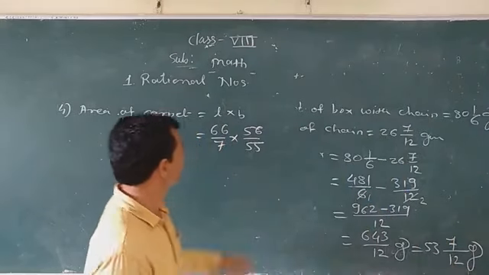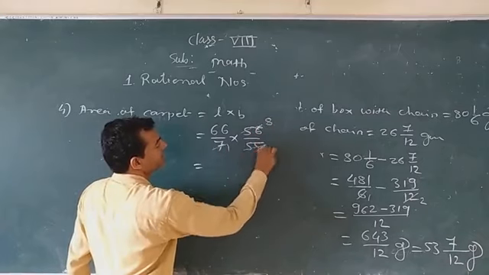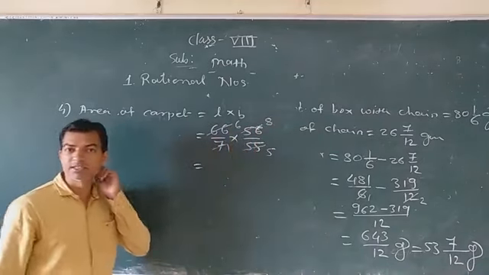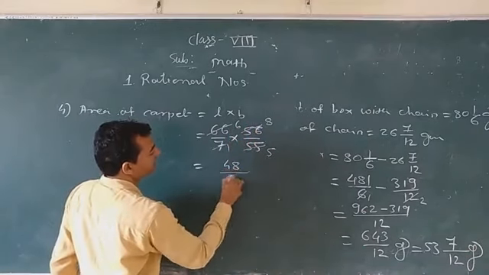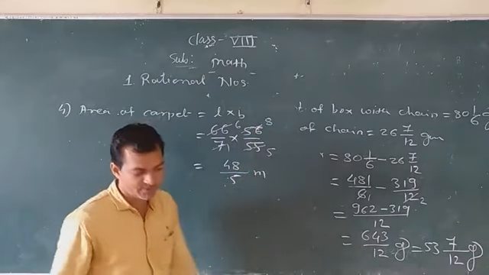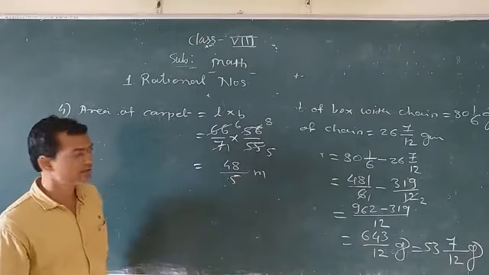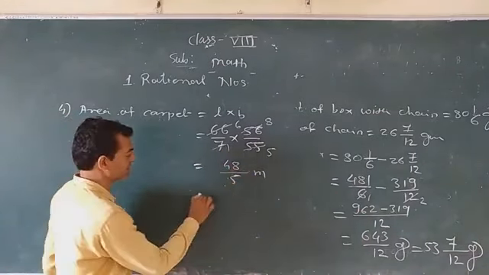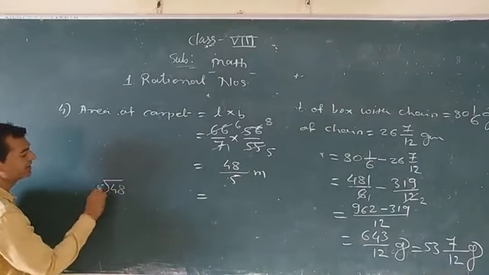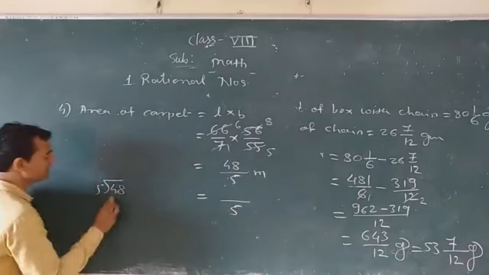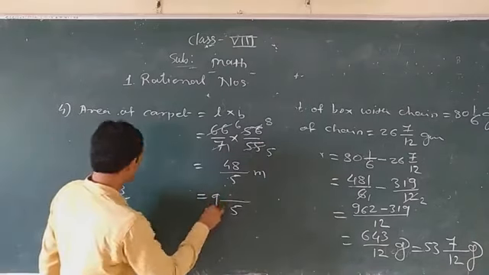Okay. See here. Can you solve this one now? 7 1s are 7 and 7 8s are 56, 11 5s are 55 and 11 6s are 66. So like this you have to simplify this one. Now 6 into 8, 48, over 5 meter. This many meter, this is the area of the carpet. Okay. Also you can convert it into mixed fraction if you want to. So if you keep as it is, no problem. 48 divided by 5. So this 5 you have to write first here. Okay. 5 9s are.